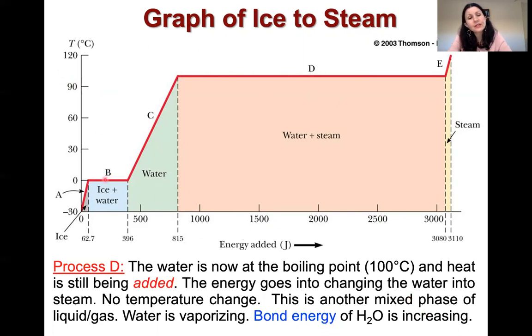Also notice that this line is much shorter than this line. And what is that telling us? It's telling us that the amount of energy required to take our piece of ice and convert it to water is much less than the amount of energy it takes to take that same amount of water and convert it into gas. And kind of conceptually, it makes sense, because when we turn a solid into liquid, we're breaking bonds,